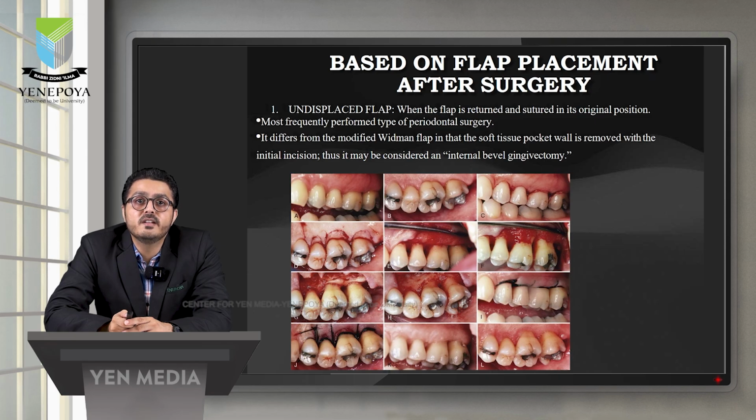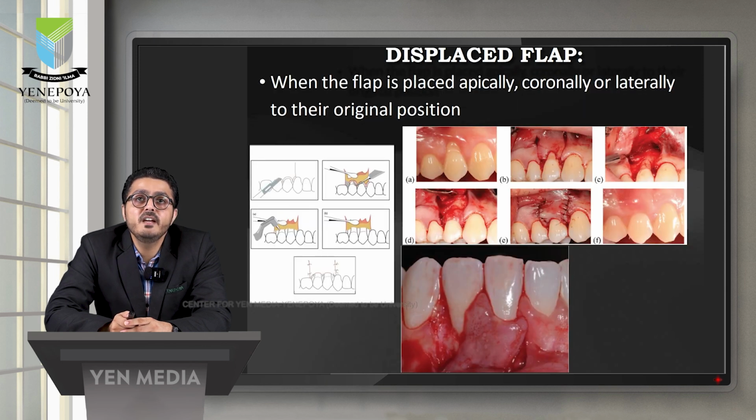Here, all we do is we place the crevicular incision, or at times when the tissue is thin, we place the incision at the crest of the gingiva, and following which we reflect the flap, we carry out our instrumentation, and then we suture it back to its original position. Then we have a displaced flap. When the flap is placed apically or coronally or laterally following the surgery,